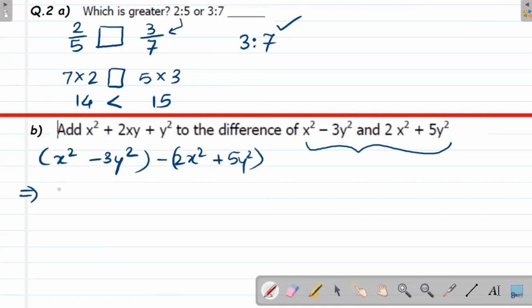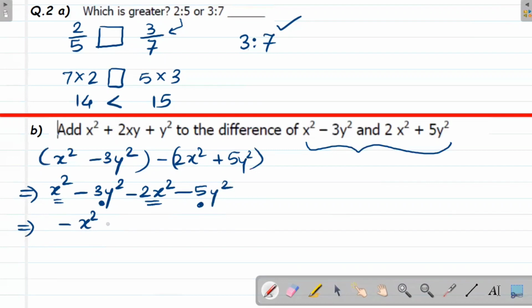Whenever you are doing the subtraction, put a bracket to the expressions because of the minus sign, the terms or the expression which is coming after negative sign, all signs are going to change. Now see, because of this minus, this plus is going to change into the minus only. Now add or subtract the like terms. X square minus 2x square will become minus x square. Minus 3y square minus 5y square, minus addition will take place, and the 5y square is a bigger number, so its sign will go to the answer. So your answer is going to be this.